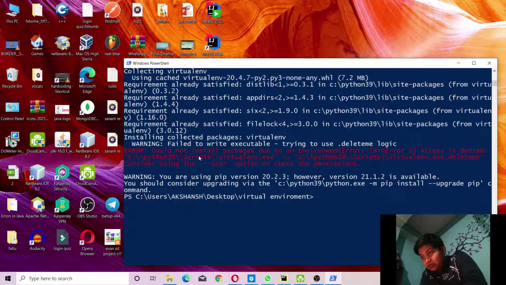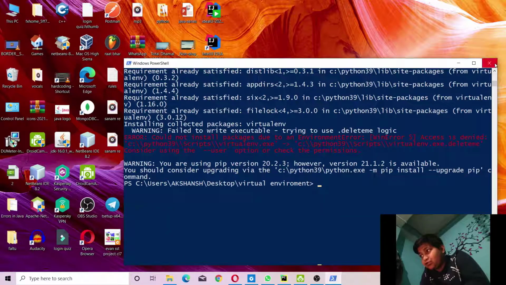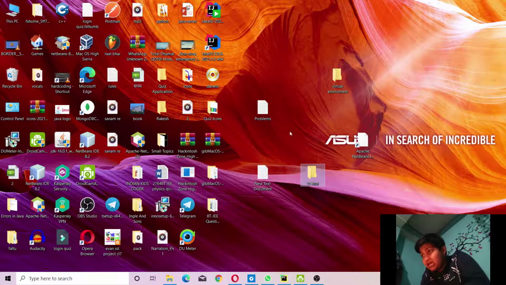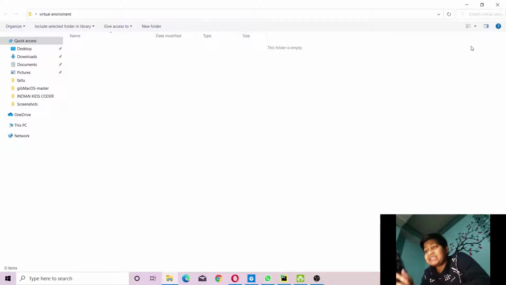Okay, now this error. In order to solve this error, you have to open this Windows PowerShell in administrator. I will just close it. Now right click here. To open this in administrator, you have to open this PowerShell in administrator,